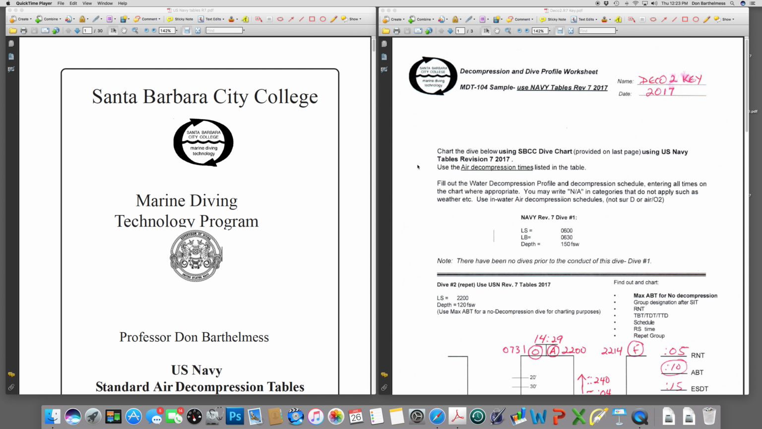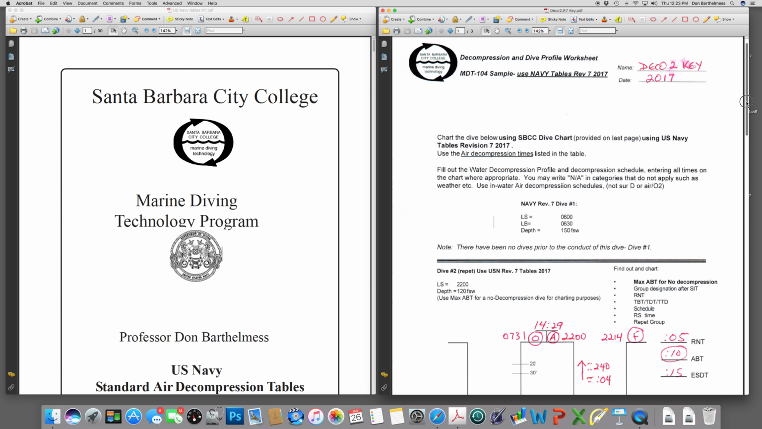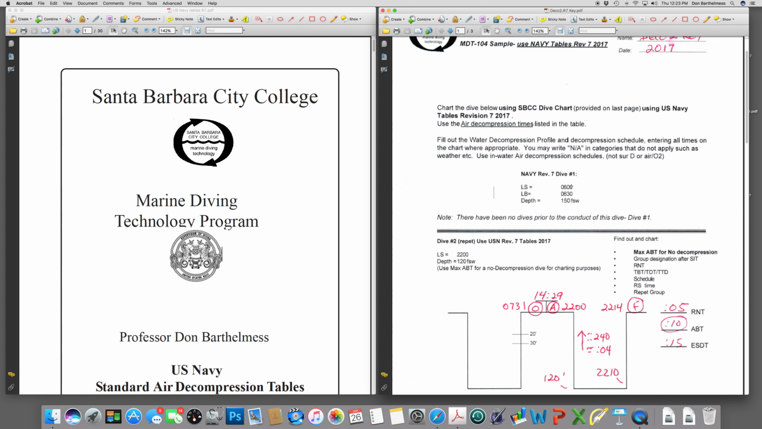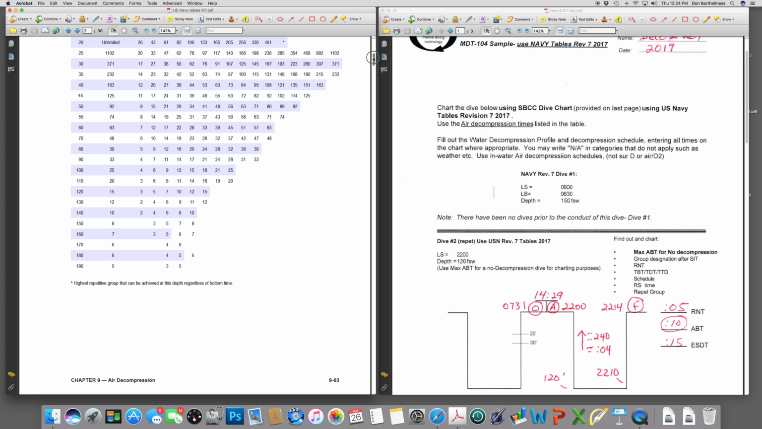Problem number 2. Went through this U.S. Navy Tables Revision 7. Our first dive, leaving the surface at 6 o'clock, leaving bottom at 6:30. Depth this time is 150 feet. Let's first check out the no decompression time limits. We can see that at 150 feet, there's an 8-minute no decompression limit, so this is going to be a required